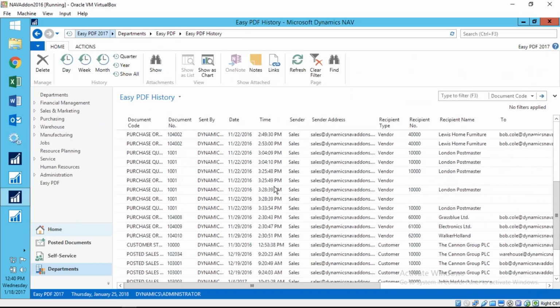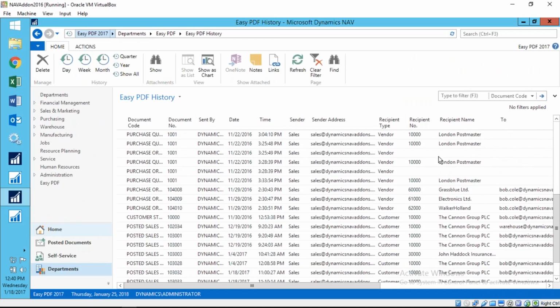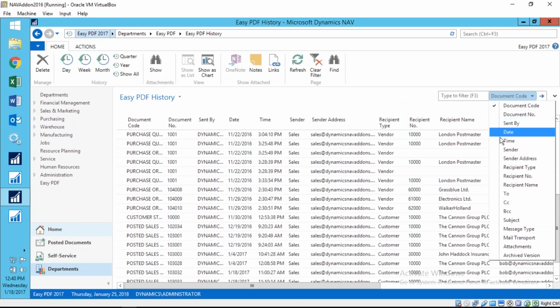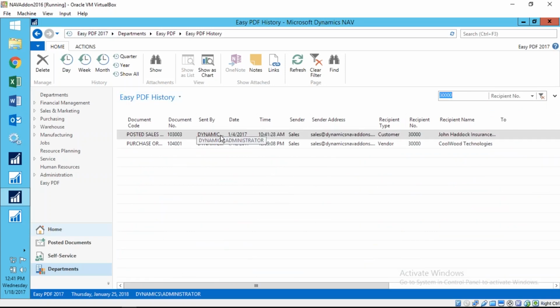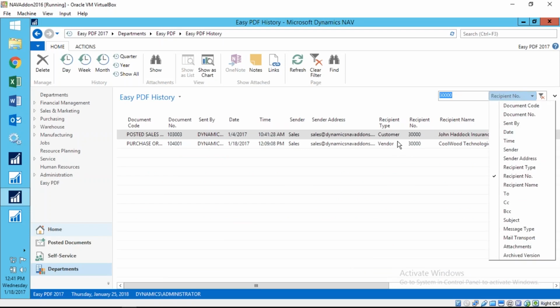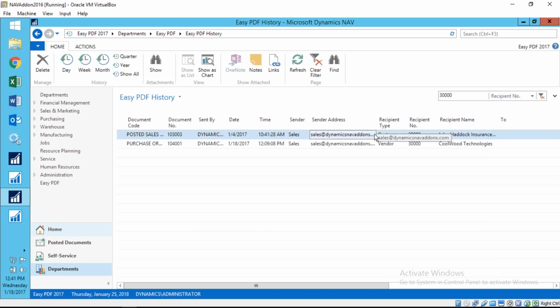So you can take this and, for example, filter it if you want to see just the entries. Let's say by recipient number, and let's take a look at all of the documents that we've sent. So we put in 3,000. This is native NAV filtering, and these are the 2 documents that we've sent. One's vendor 3. This is the recipient number. So we picked up the vendor and the customer. So in fact, if we want to open this one up,